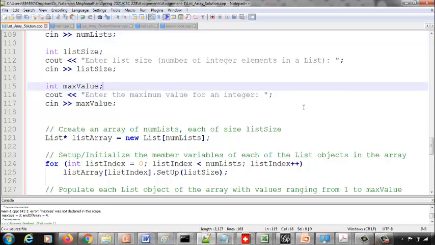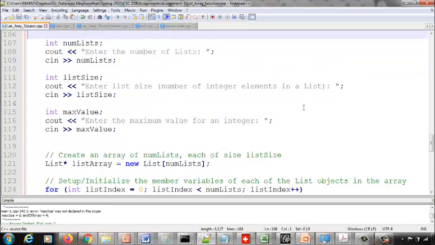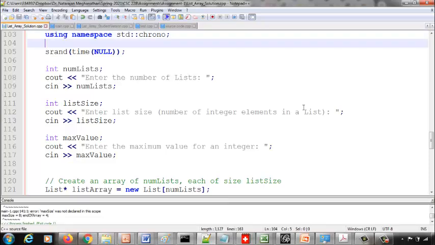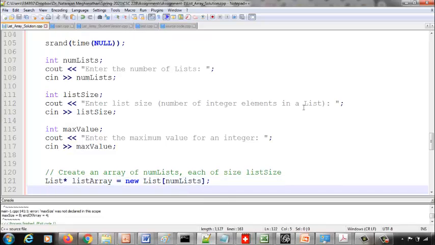Okay, students, in this video I'm going to explain the solution for assignment 1. You're supposed to create an array of list objects and insert the integers into them at index 0, and then print each of those lists and then delete them. I gave you the code up to this point,